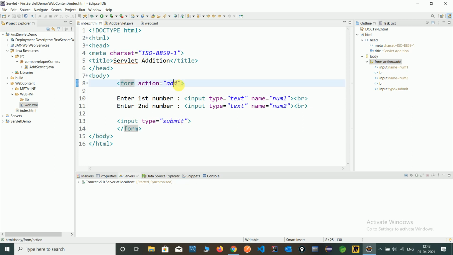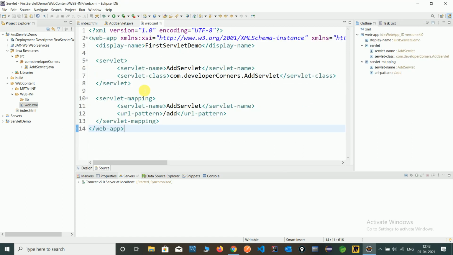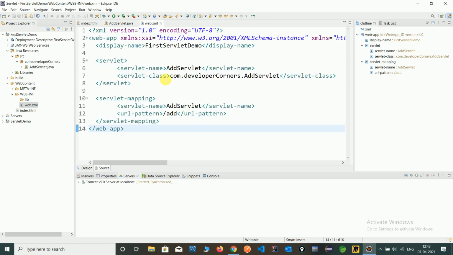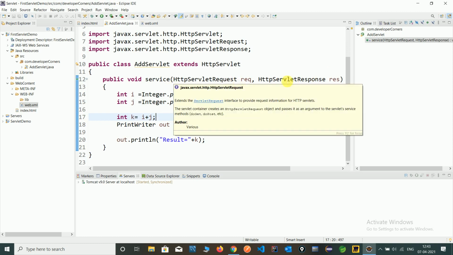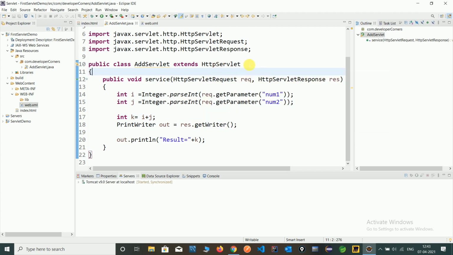Add is the URL pattern which calls the servlet class, which we configured in the web.xml file, where we took the AddServlet fully qualified class name and URL pattern add. After that we created one class, in which we took a service method that takes the servlet request and response as parameters. Also we extended the HttpServlet class.